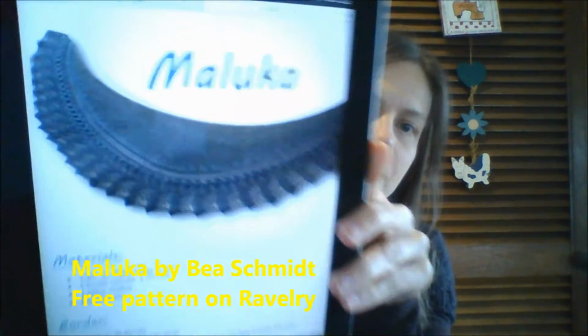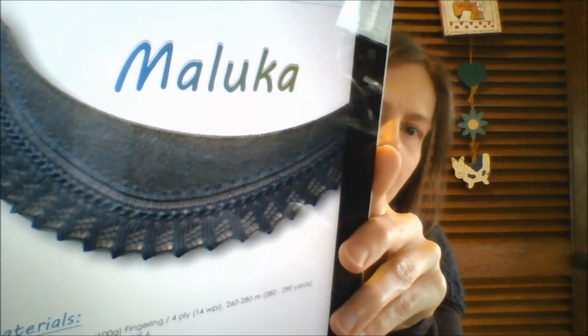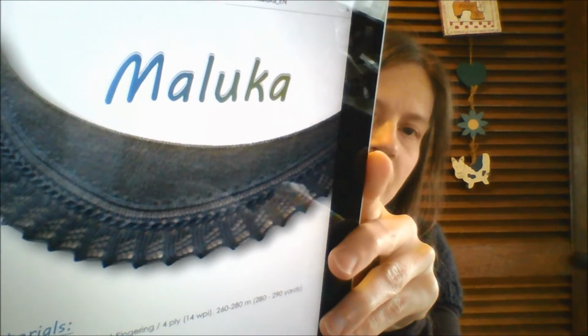it's a free pattern on Ravelry, and it has this sort of lace edge, and then I think it's a stockinette top section, but you actually start knitting from the bottom on the lace section. And from reading some of the project notes, they were saying that they'd use 2/3 of their skein for the lace section, so I figured that that's